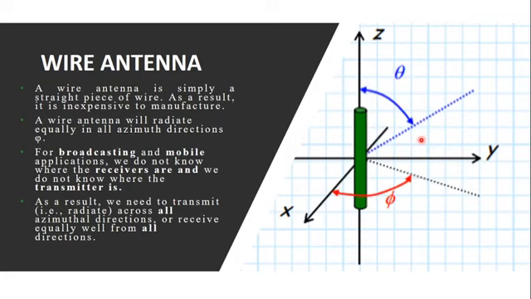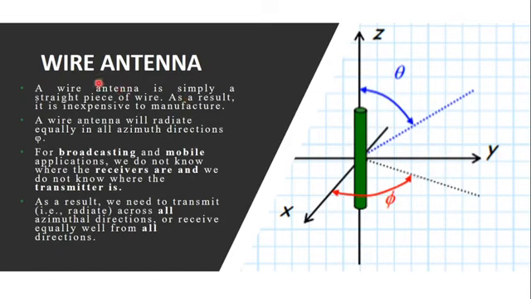This type of antenna is used in mobile phones or any mobile applications where we do not know from where we receive the signal. For certain applications like satellite applications, we must know the direction, only then it will be efficient. But the mobile phone is a dynamic device where we keep moving from place to place. So wherever I go, I must be able to receive the signal. In that case, my antenna must be capable of transmitting in all directions as well as receiving in all directions. So in those kinds of applications, we can use wire antennas.